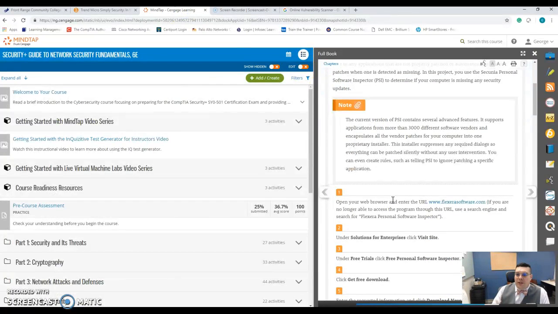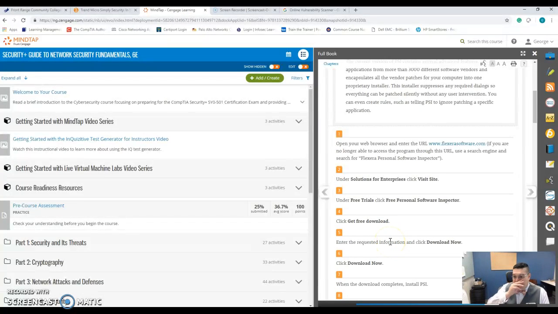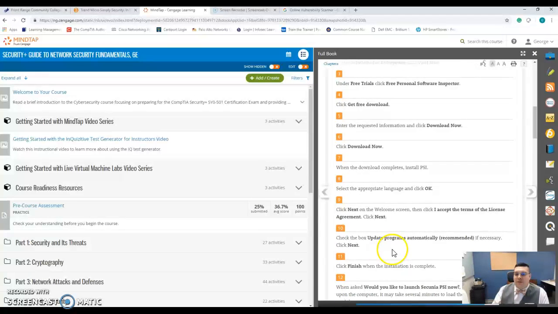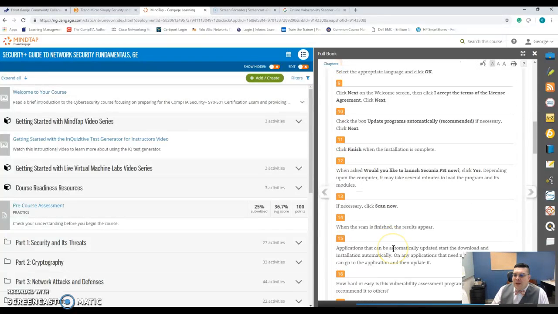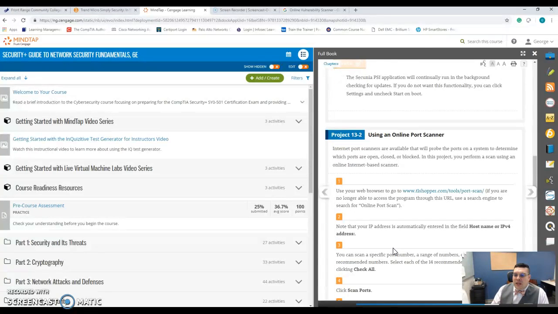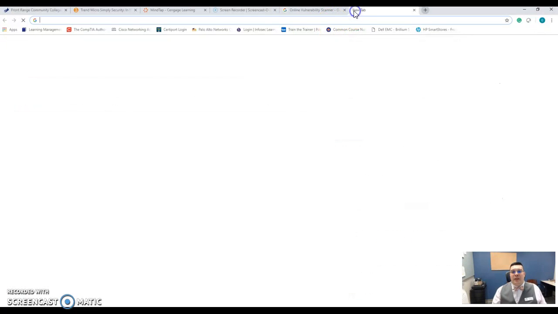So we just need to find one that works and scans our applications to make sure they're true. And once again, it should go really quick if you're using it on your virtual machine, because we shouldn't have that many applications at this time. The online port scanner, this one uses TLS Hopper. Another one would be